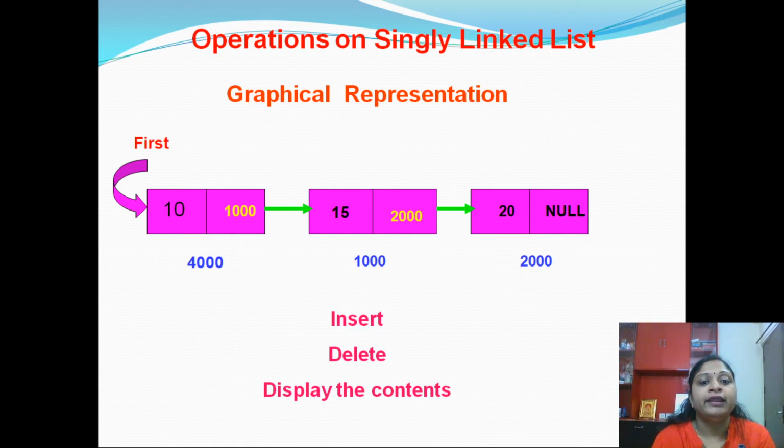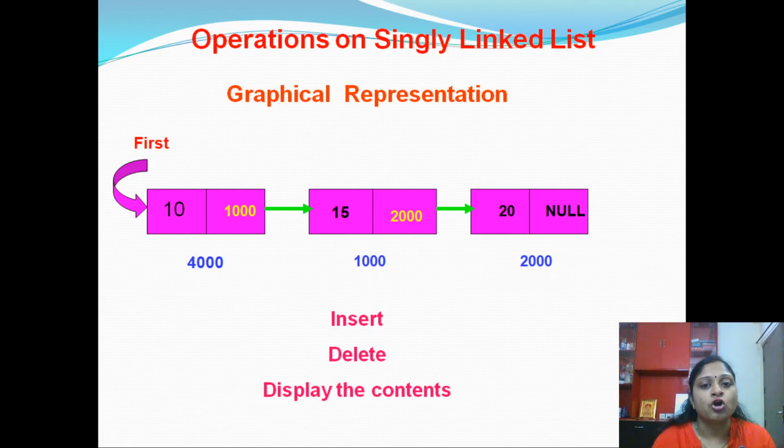So what is display? In displaying the content of a linked list we need to visit each and every node, so display can also be called traversal. What exactly is the meaning of traversing? Traversing means visiting each and every node exactly once. First we visit the first node, that is 10, and print that value on the screen. Next visit the next node, 15, and print that value. Again visit the next node, 20, and print that value. So in the display operation we are visiting each and every node. That is why display is also called traversing.